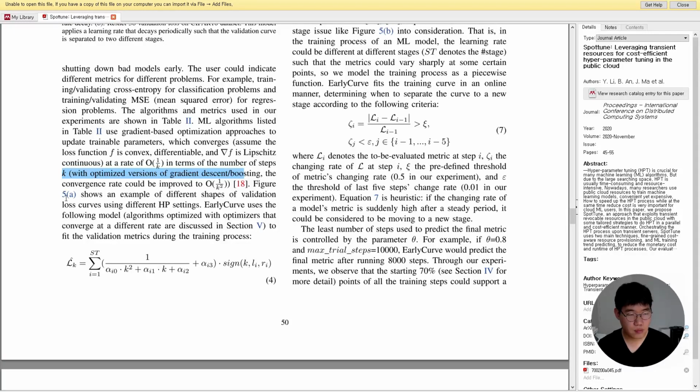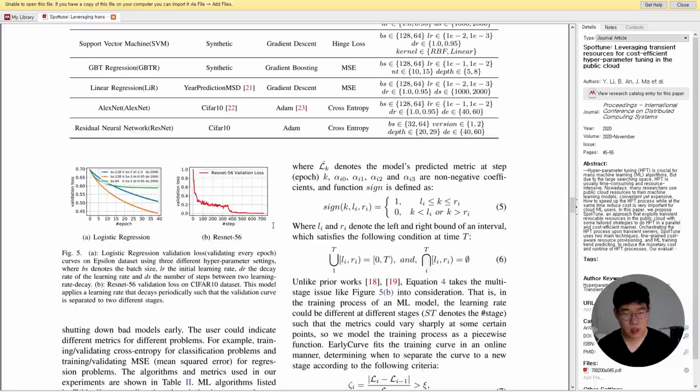Figure 5 shows an example of the different shapes of validation loss curves using different hyperparameter settings. Early curve fitting uses the following model algorithms, optimized with optimizers that converge at different rates as discussed in Section 5, to fit the validation metrics during the training process. Here y denotes the model predicted metric at the